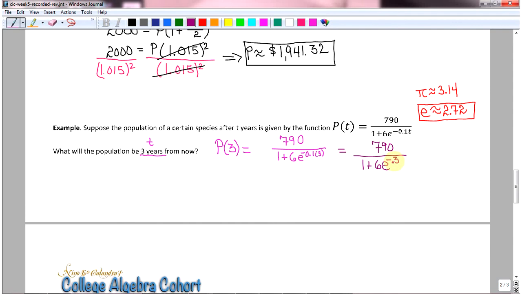The way I'm entering it in my calculator, I want everything on the bottom to be computed before the division happens. So I'm going to put in parentheses 1 plus 6, then E raised to the negative 0.3 power, closing parentheses. And I'm coming up with approximately